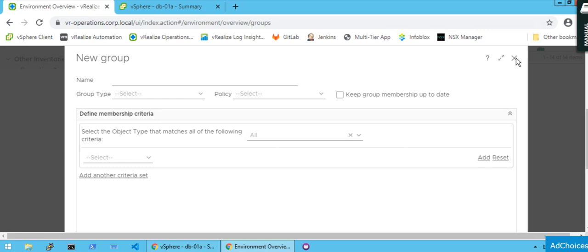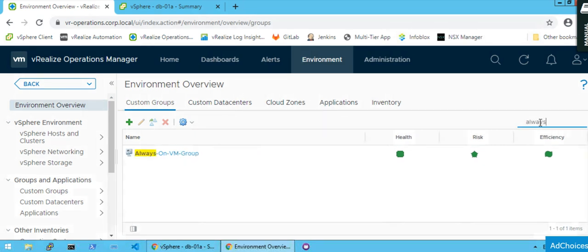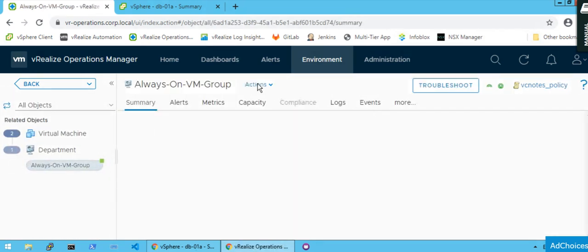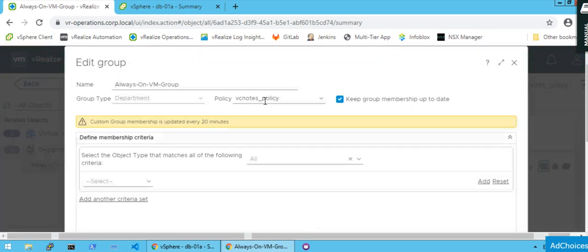Rather than creating a new one, because I have already created one, I'll show you. This is the always on VM group. You can select it and click on the pencil button, and here you can also select this edit group icon. I named it always on VM group.